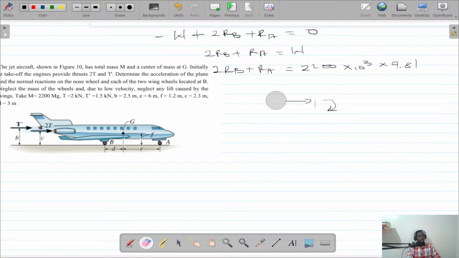So let me clean this. So this was for the vertical. So the weight plus this is equal to 0. So 2RB plus this is equal to this. And we have this equation. Who has solved for this one? So we have 2200 times 10 power 3